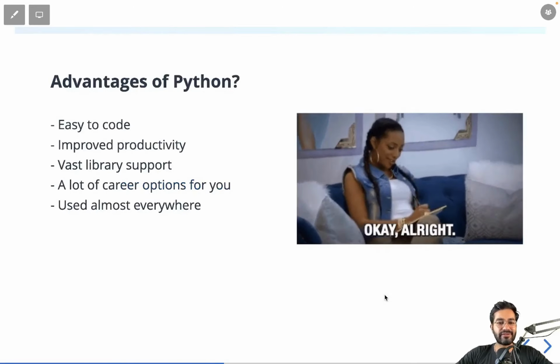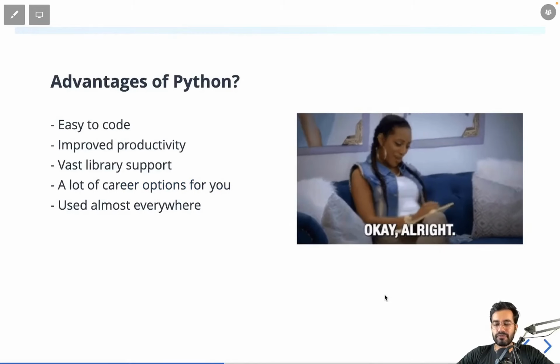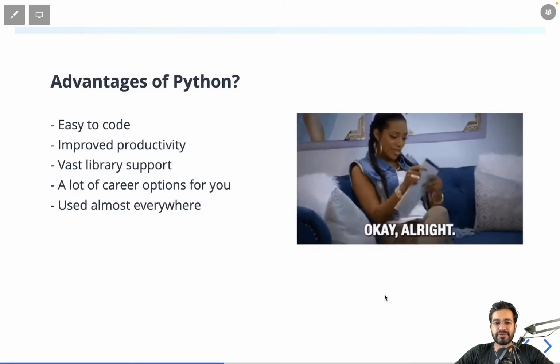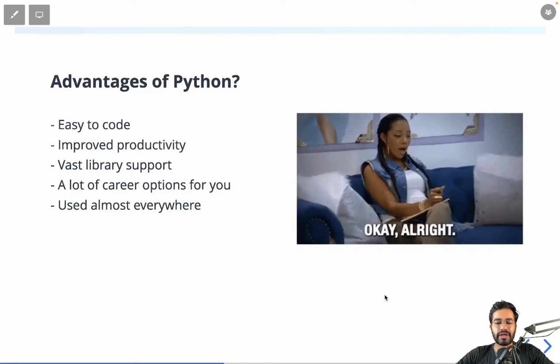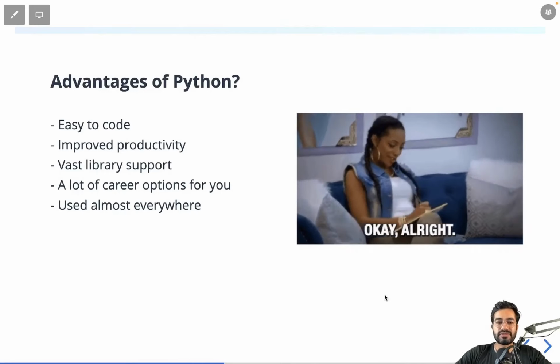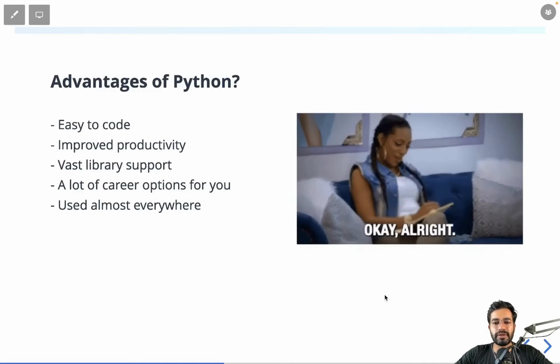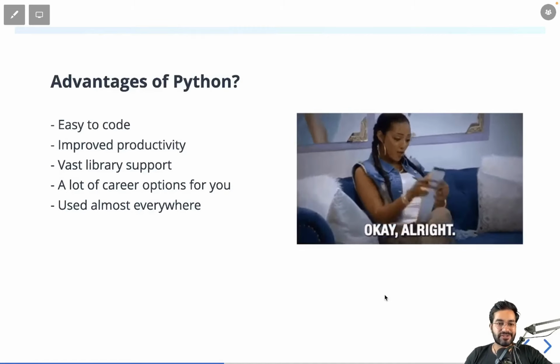Okay, so what are all the advantages of Python? Basically, Python is really easy to code, which you will see in upcoming videos, that anybody can learn it, anybody can code it, and that is how I learned it, because it is so easy to code in Python. If it is easy to code, it means that your productivity is going to increase, because there are a lot of other logistics which you might not be worrying about while you are coding using Python, for which you might worry if you are going to do the same code in another programming language.